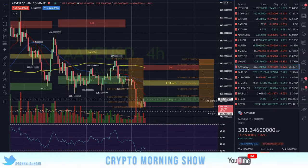AAVE USD. Bouncing around here, didn't go very far. Here on the 4 hour, pretty much sideways action. So sitting still at the 326.438. Resistance up there at the 343.21. Oversold, rejected. So may need to come down one more time to make up our mind that the bulls want to buy us up through here and get us back on track. For AAVE USD,